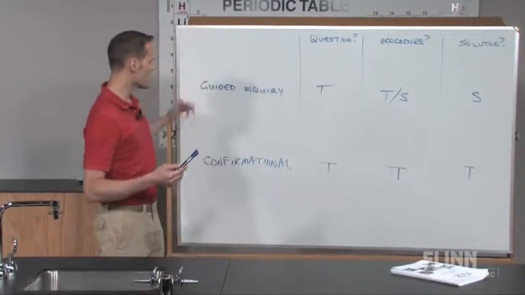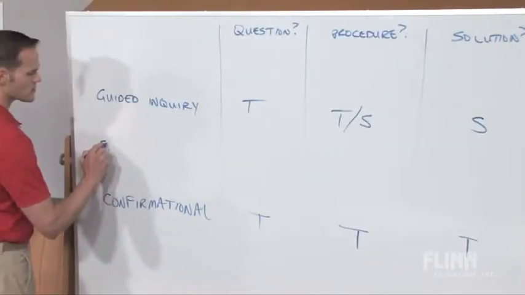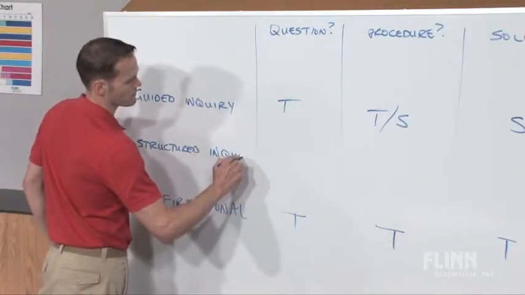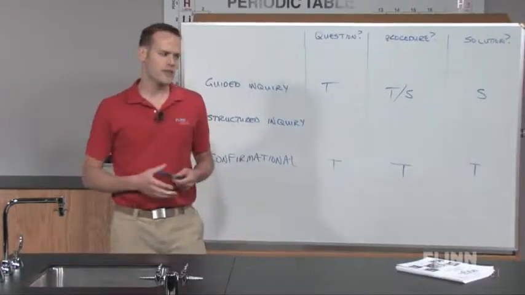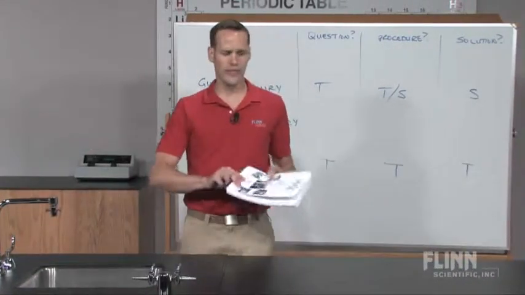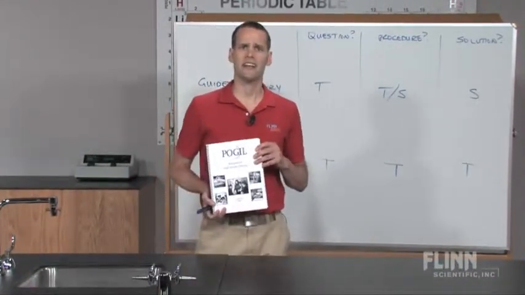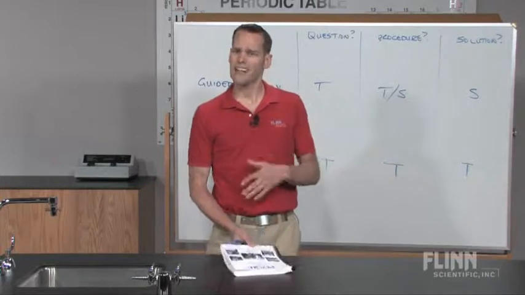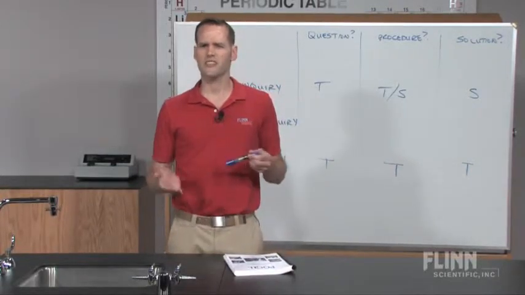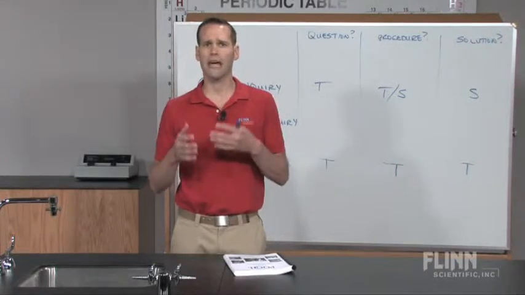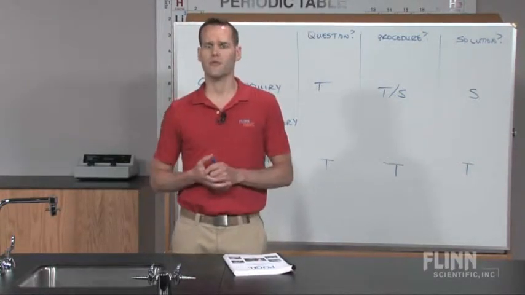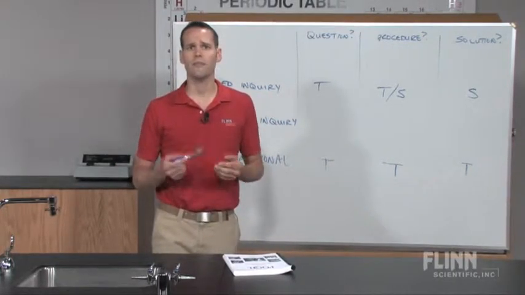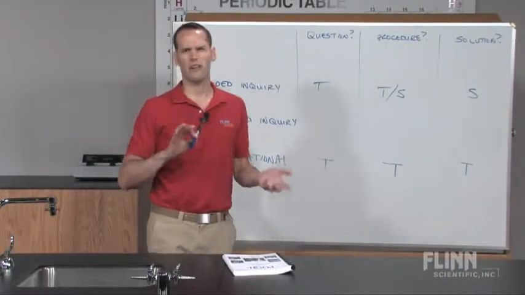Now, there is a level of inquiry in between these two levels, something called structured inquiry. If you're familiar with the POGIL project, there are many manuals in POGIL now. POGIL stands for Process-Oriented Guided Inquiry Learning. And this is an example where you can incorporate student-directed learning in the classroom, not just in the laboratory. POGIL projects often start with data sets that are already established, and the students aren't collecting the data. They're given the data from experiments, and they're given a set of guiding questions to structure their analysis of the data. And depending on how the activity is structured, this might fall into the guided inquiry or